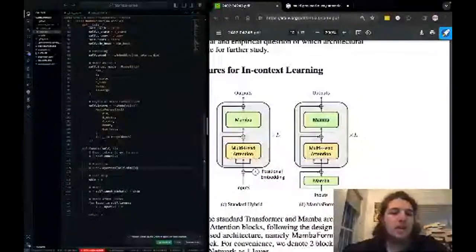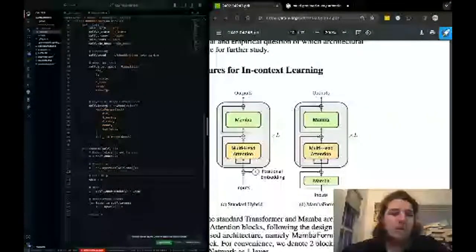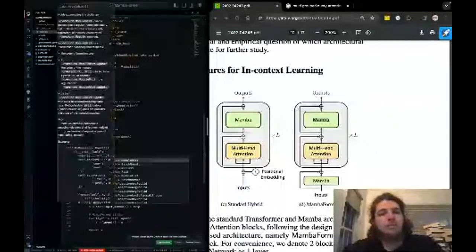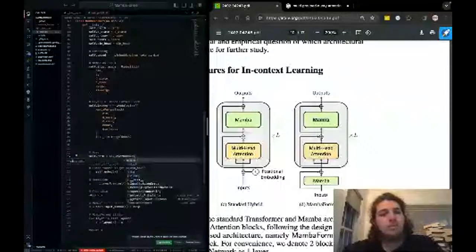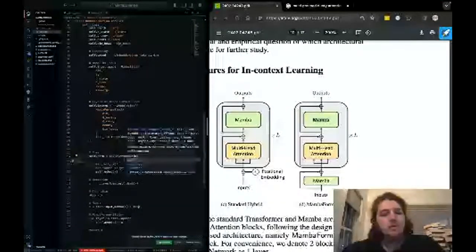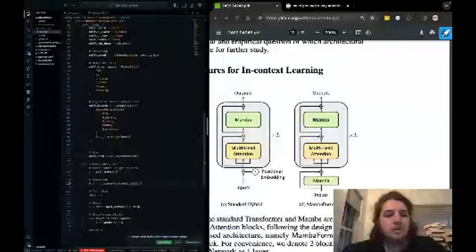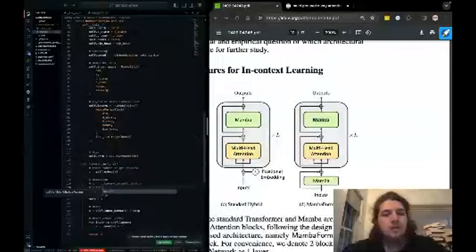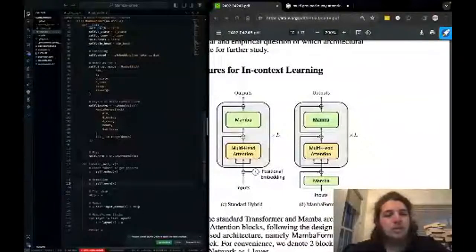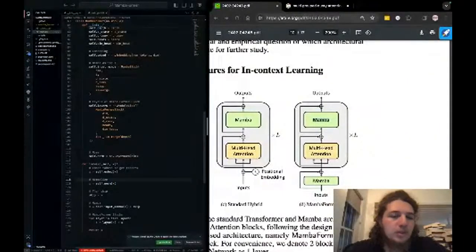So here I'm defining the class inside of the forward, but usually you could also do it this way. It looks cleaner, but sometimes you can do it like this.